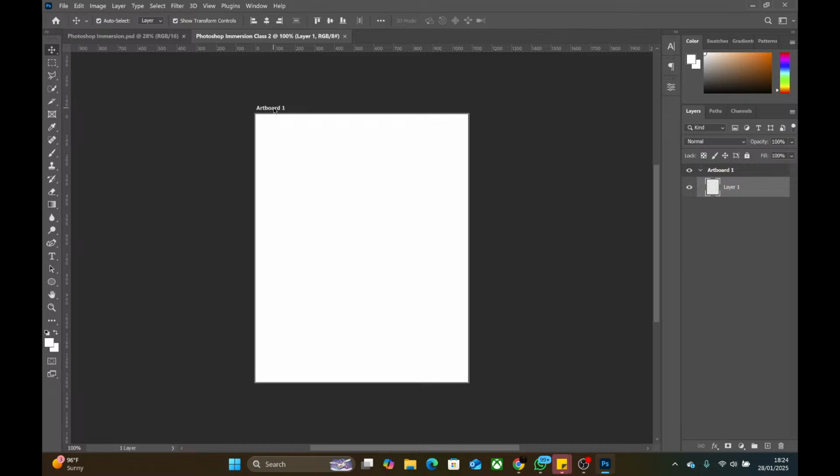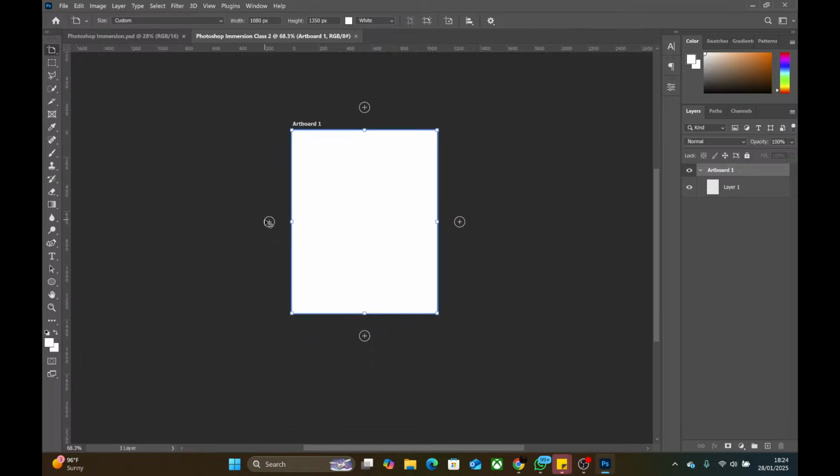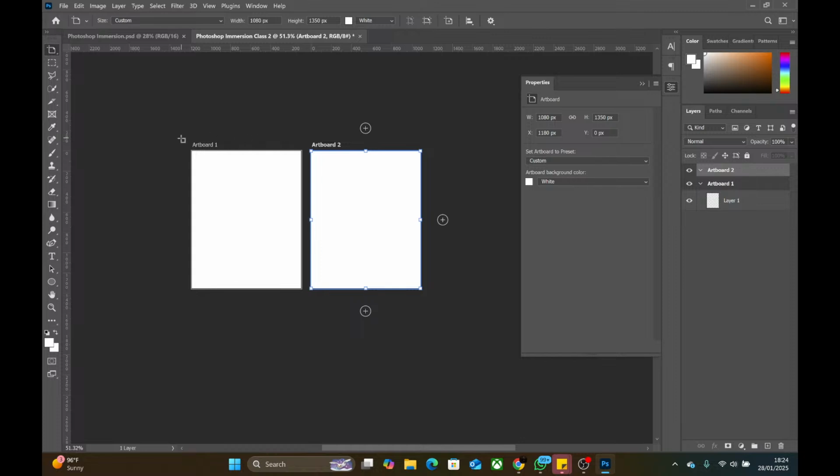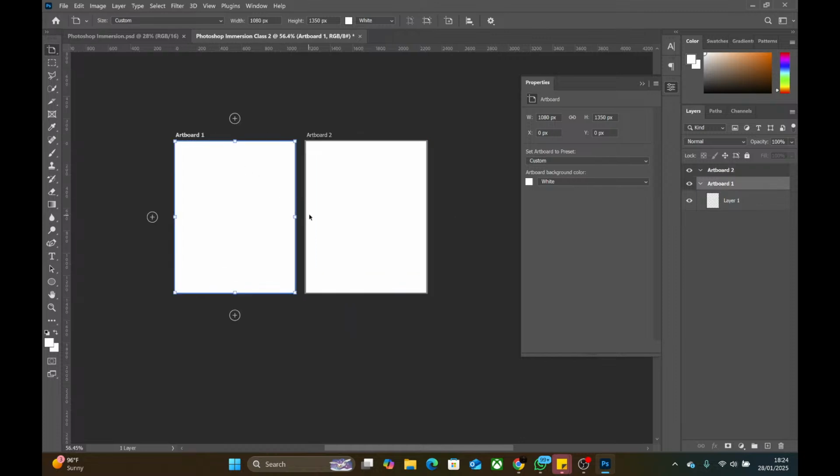If you click on this name, it activates these little plus buttons on the sides, on top, below, and then the two sides. So you have a plus here, you have one here, you have another here, and then one here. If you click any of these plus icons, it will duplicate or create a copy of that artboard in the same dimension. For example, I'll click here and then it creates one. Now, if I click on the name of this artboard 1 again, there is no plus mark on the right hand side because we already created an artboard on that side.